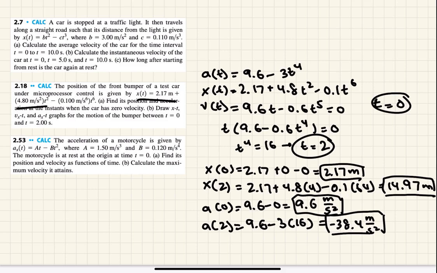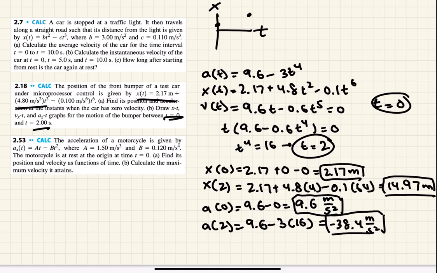That was part A. Now we have to do part B, which is draw the graphs of motion. Now, technically, they gave us the answer for part A because t equals 0 and t equals 2. I didn't see that before, but technically that's true. So for x of t, I think it's probably better if I just do it in the first quadrant. Or here, this is the best way, because we know we don't need negative time. And so just a brief sketch, we know at t equals 0 it's 2.17, at t equals 2 it is 14.96,